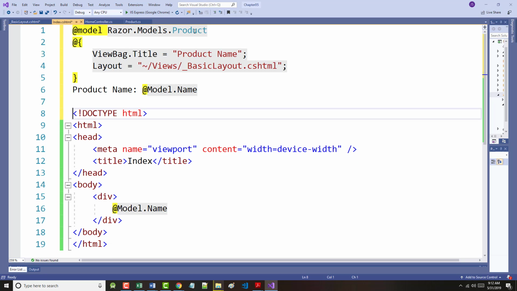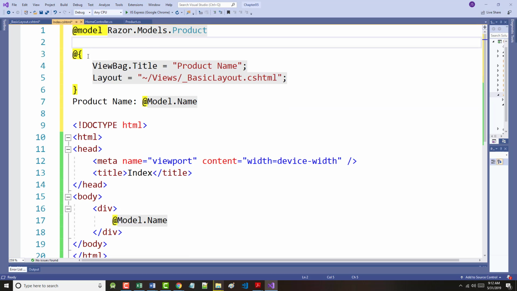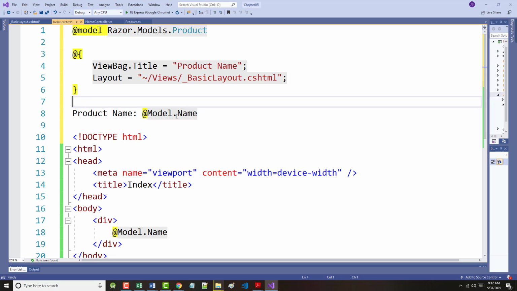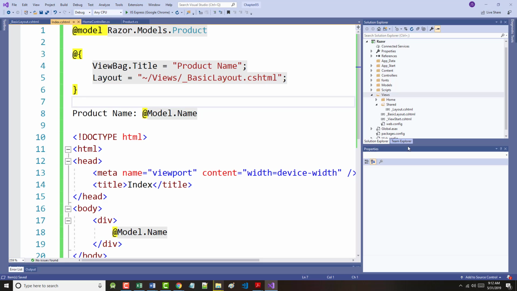All right. So the key takeaway is here. We've changed our title and we changed the layout that we're using. And we're going to put down here the product name. You already know that this should say kayak. But it'll say product name kayak is what it should say. So file, save all. Let's try to run it right from this particular